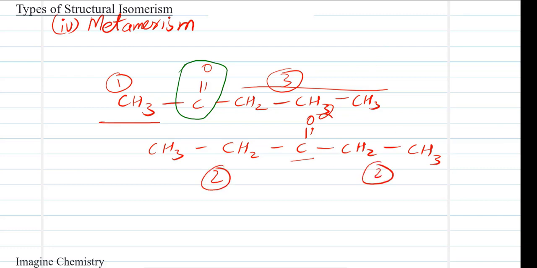So such isomers where there is a difference in the arrangement of carbon atoms around a central atom are called metamers. Another example we can discuss in this category is related to ether, like methyl propyl ether